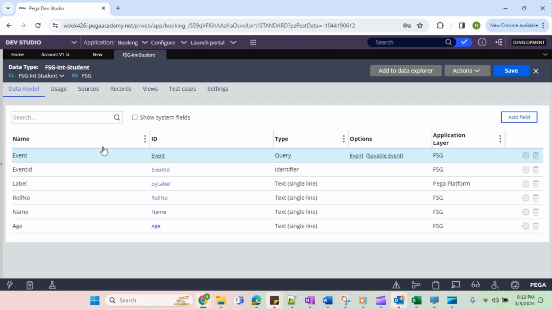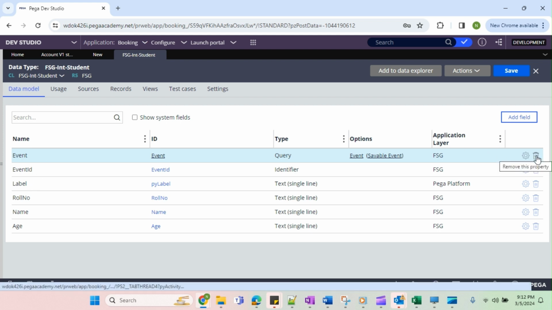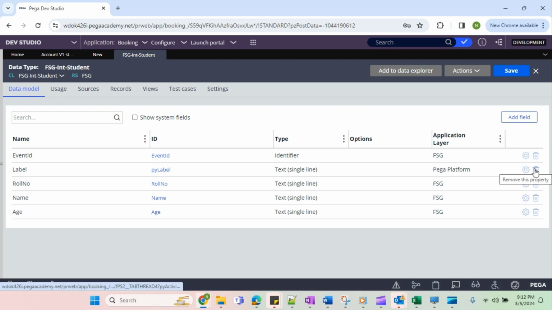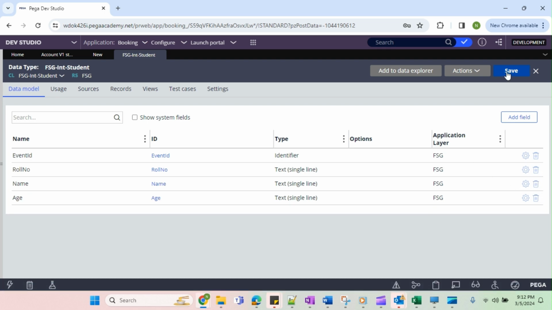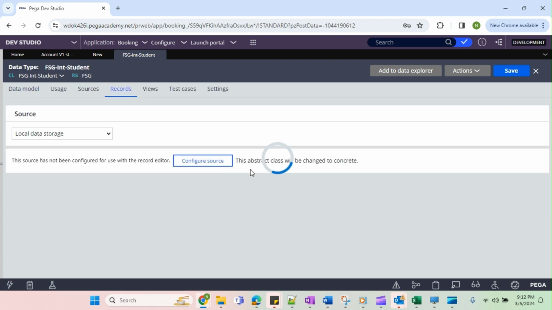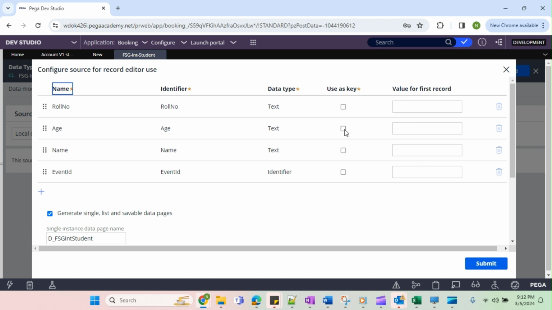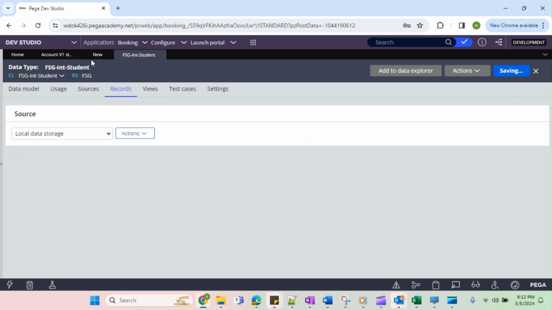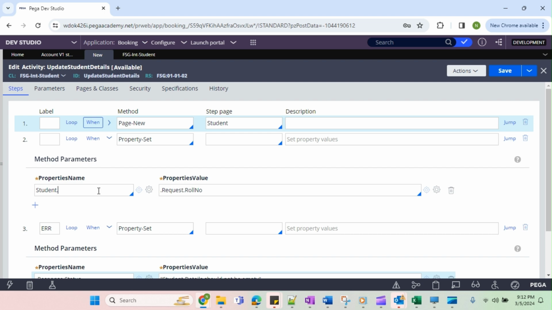And I don't want event label. I'll just do save now. That's it. We are ready now. So I'm gonna mark roll number as a key. Go and save. Now we are gonna set student dot